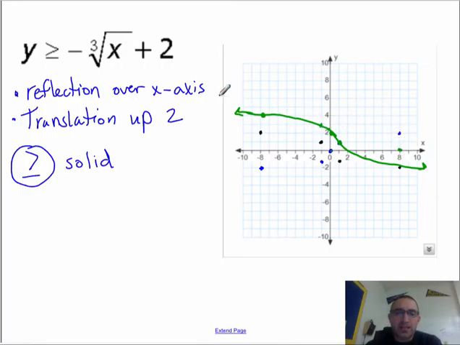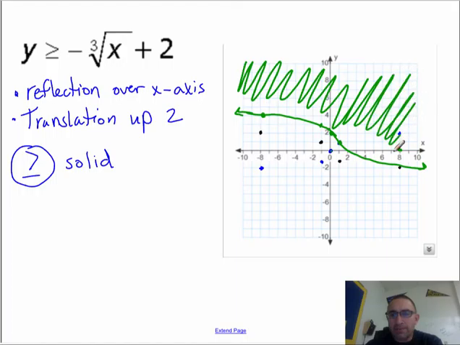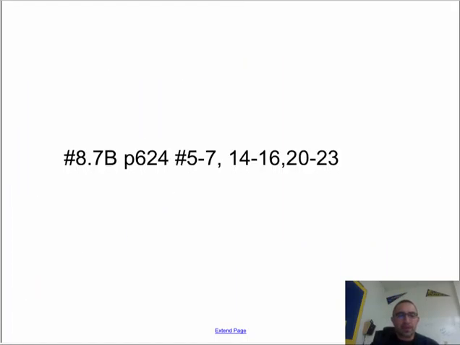If I put in 8, cube root of 8 is 2, negative 2, 0. 0 is less than 8. 0 is less than 2. That's true. Greater than, shade above. Excellent. So this will be the assignment